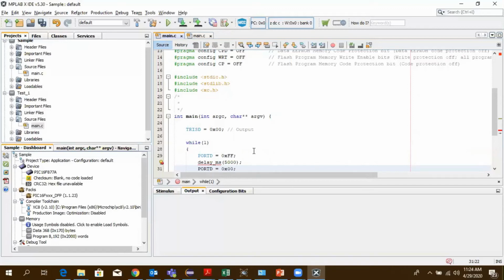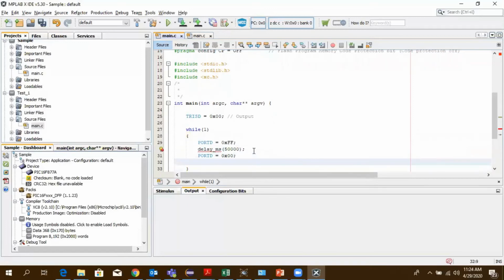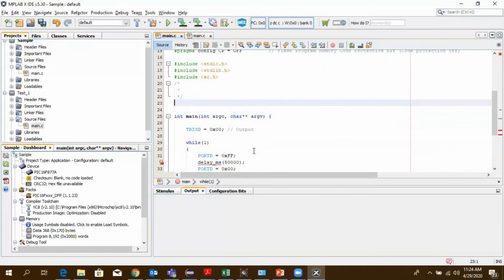Switch off. And copy the delay in. So we will declare this delay function.